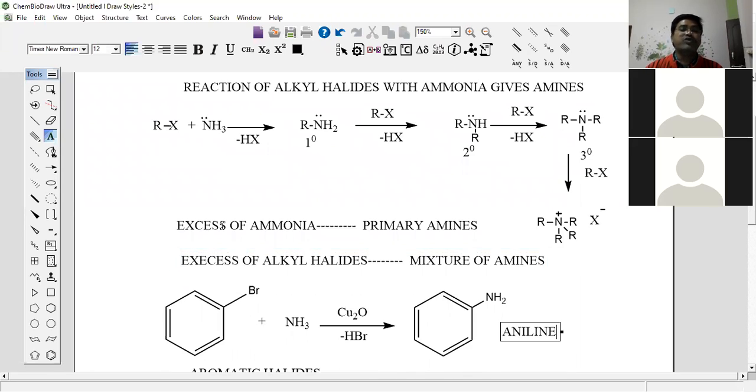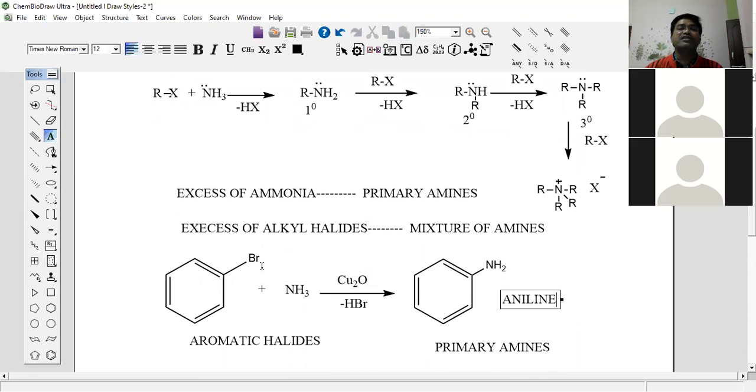Suppose here two more points. In this same reaction, if excess of ammonia is used, what happens? Primary amine is formed. Suppose in the same reaction, if excess of alkyl halides are used, a mixture of amines. In the same reaction, suppose aromatic halides are used, what is formed? Primary